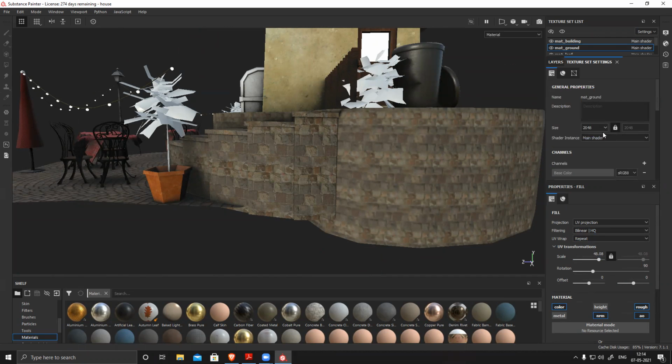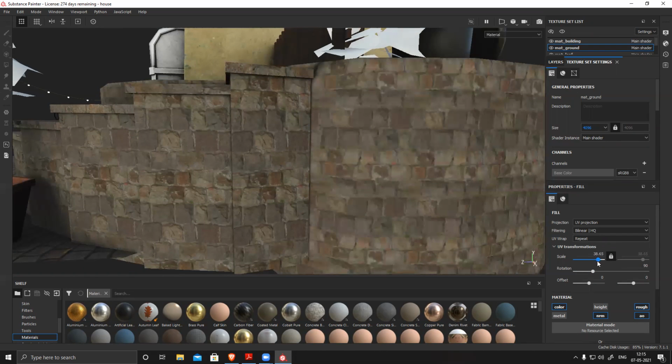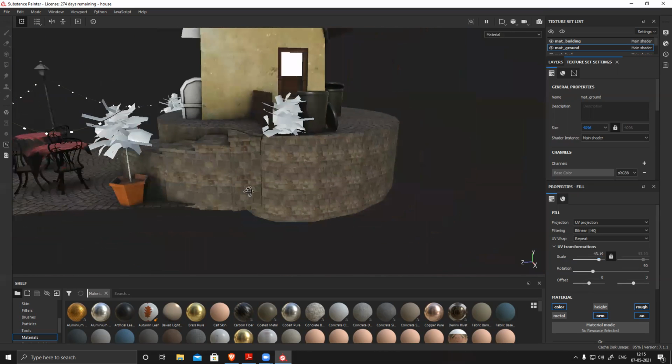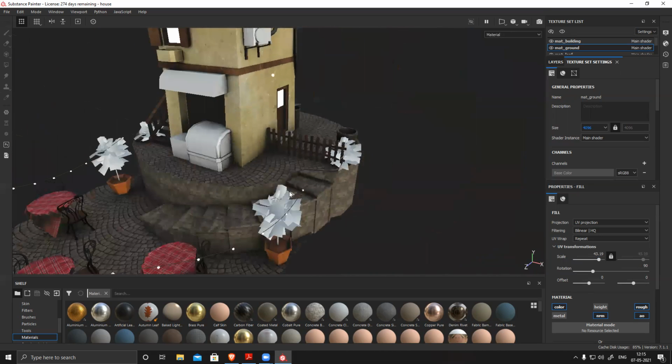Texture setting, let me see. For this, I want to increase the texture size because otherwise it looks really blurry compared to this. So I increase the texture size for this. Now it will regenerate everything, all shadow, dirt. Now it kind of looks close.